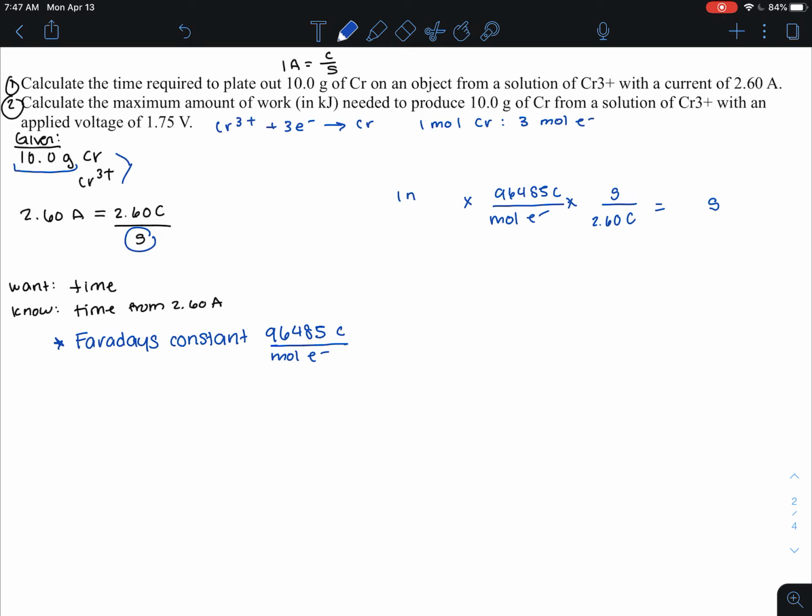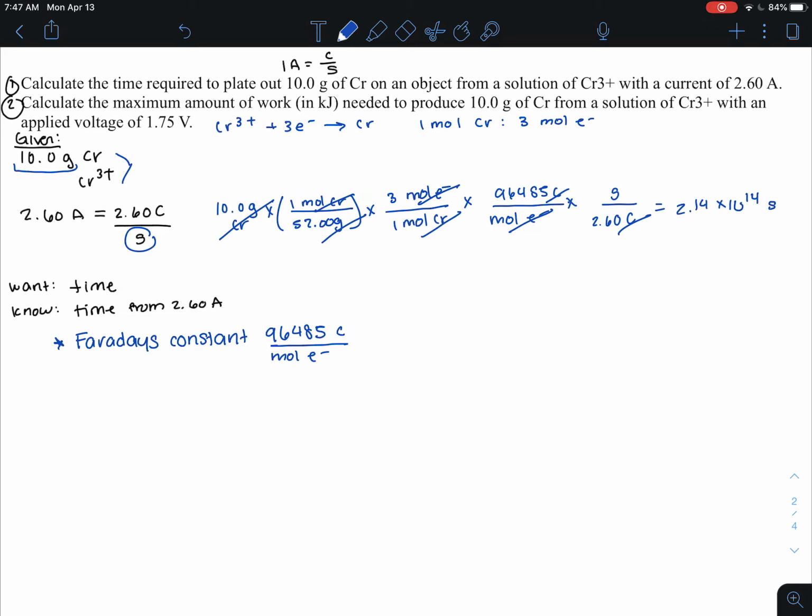And therefore, to get rid of mole electrons, I use my conversion factor. So 1 mole, 3 moles of electrons over 1 mole chromium. Well, then I have to get rid of my chromium, which I can do by starting out with my 10 grams. So if I take my 10 grams of chromium and multiply with the molar mass, divide that, I can then get rid of my grams chromium, moles electrons, coulombs, and I get seconds in the